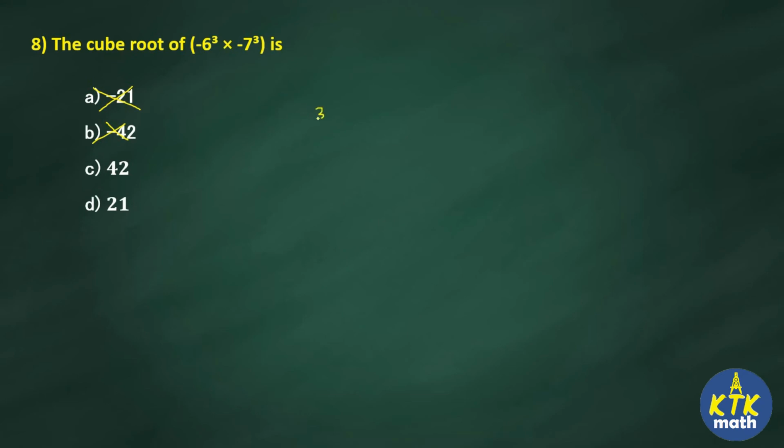Okay, so the cube root they are asking is of 6 cube into 7 cube. Don't ask me where that negative went, because I told you minus into minus is plus. Now cube root and cube, everything will get cancelled, therefore you will have only 6 into 7. The answer for the 8th question is 42, since 6 sevens are 42. Directly they give cube numbers, therefore we can find the answer easily. Try to omit the options by filtering the concepts of negative or positive. It would be very easy to find the exact answer.